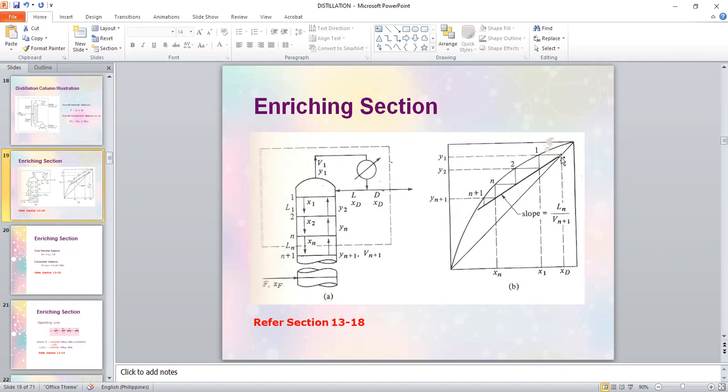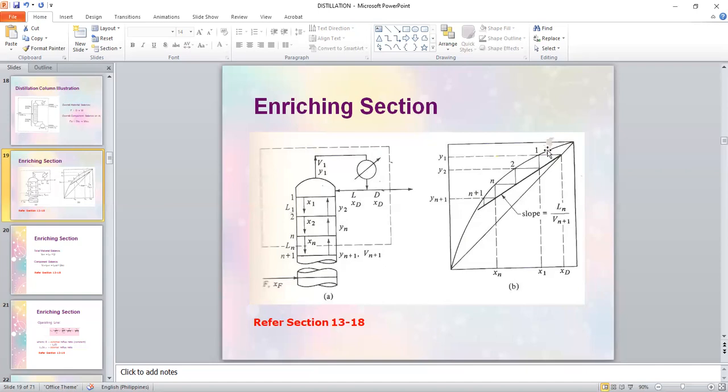How do we draw the enriching section operating line? You need the mole fraction of the distillate. Oftentimes, it's stated in the problem. If it's not stated in the problem, then you have to determine it using the material balance equation or the component balance equation, or both. Whatever equation you will need, as long as you find the X sub d. That's where your line is going to start,